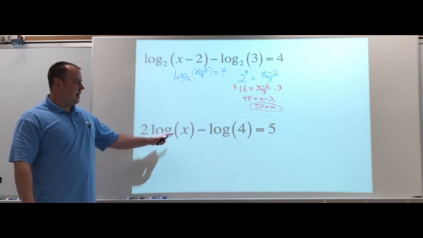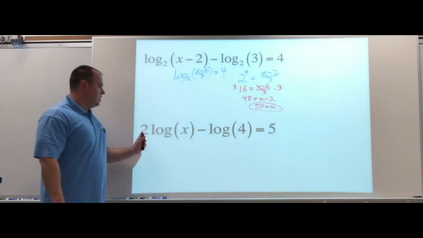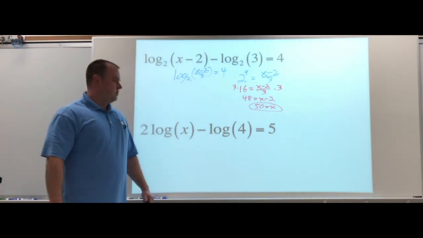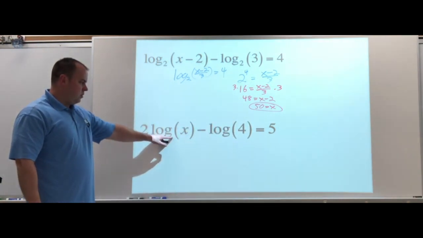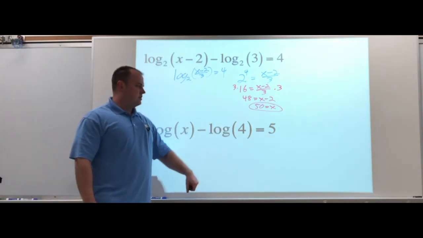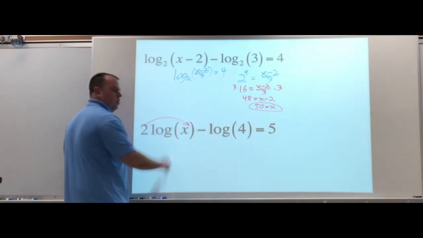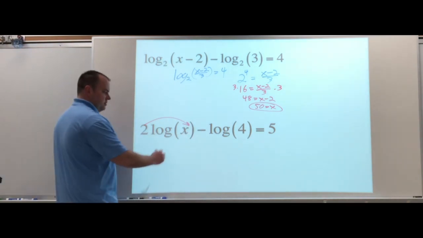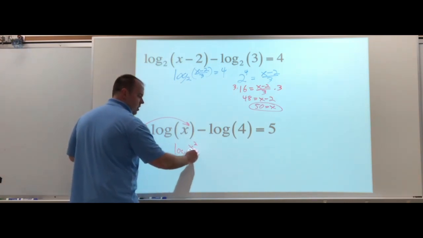Here we have 2 log of x minus log of 4. Sorry, let me say that again. I threw base in there. 2 log of x minus log of 4 equals 5. So again, with that 5 over there, we can't just cancel out our bases, even though we have no base. It's the common log, so the base is 10. You can't just cancel them out because of that 5. We can condense. We can bring that 2 as an exponent. We have subtraction again, so again it's going to be the quotient rule. So let's write this as log of x squared over 4